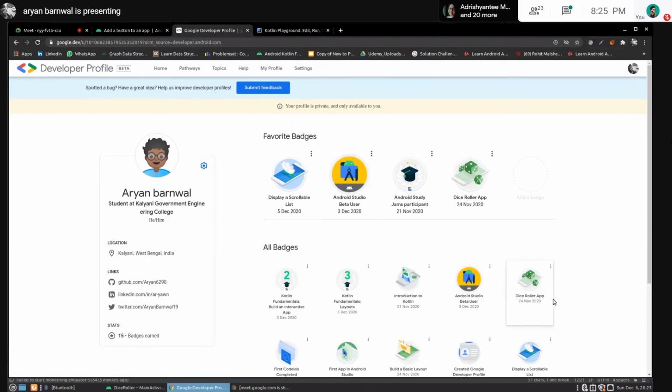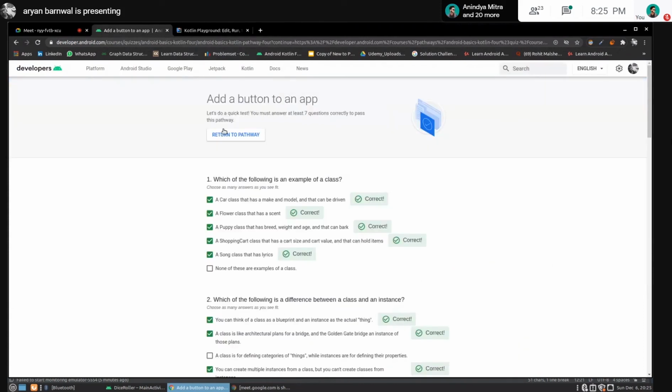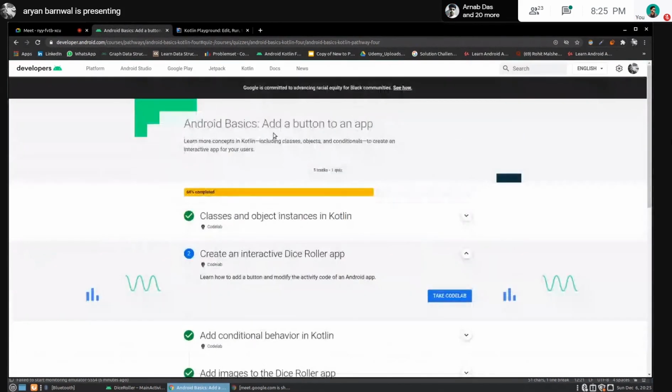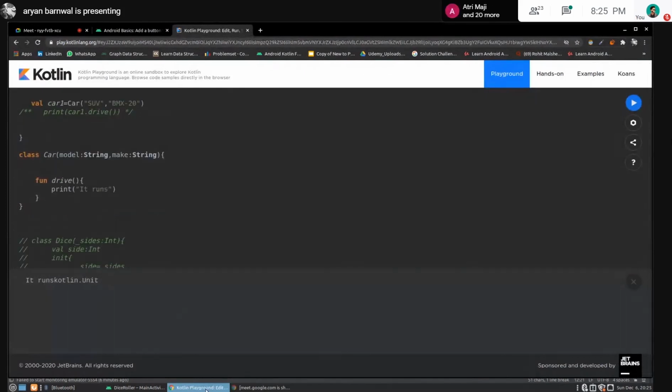You will get this badge if you complete this whole unit pathway. So yeah, this is all for Unit 4, I think. Does anybody have any doubts? I will stop the presentation.